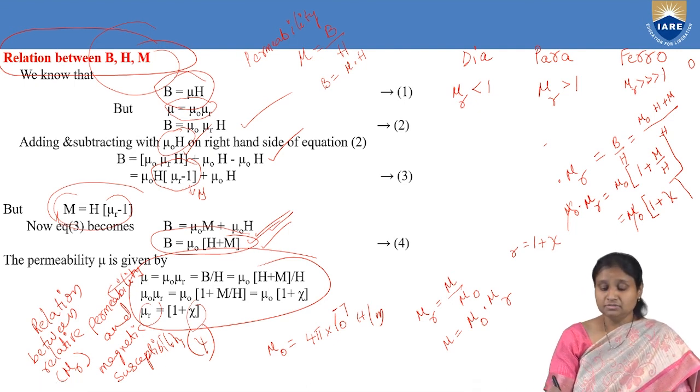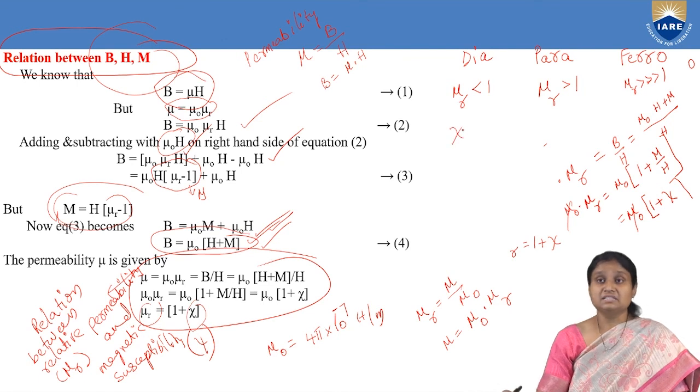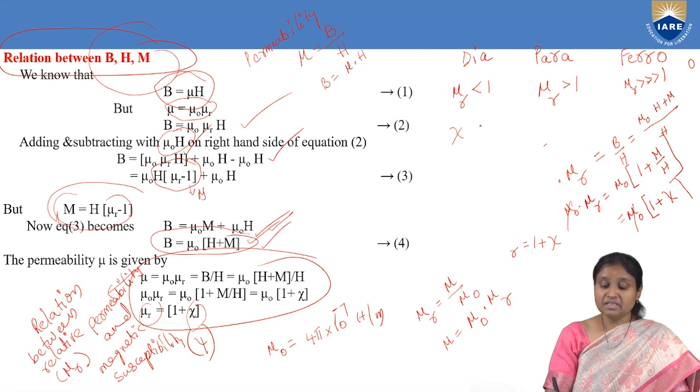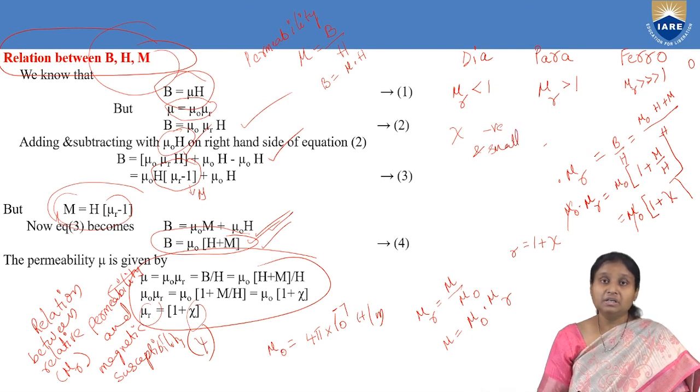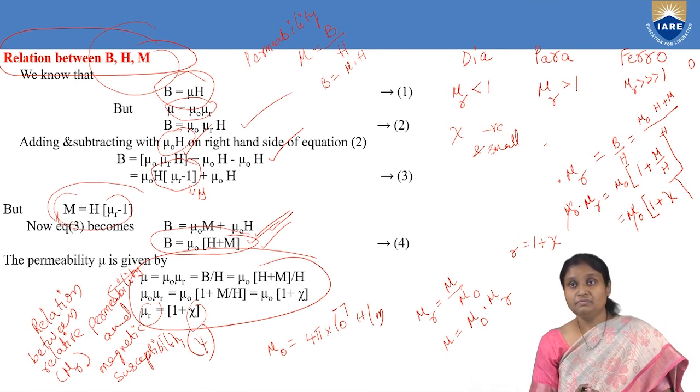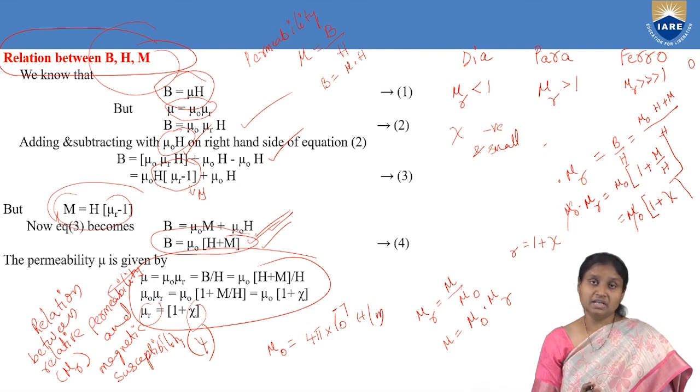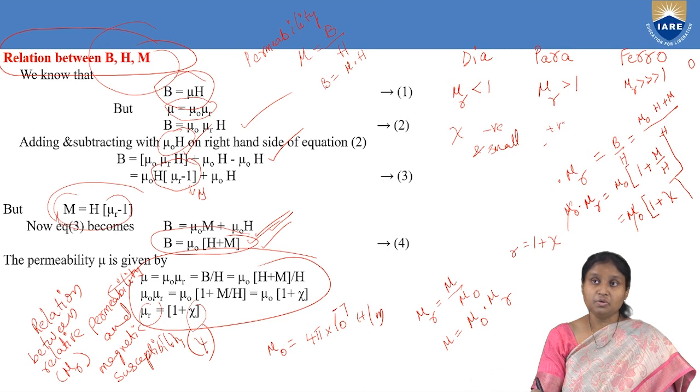And similarly, when we talk about magnetic susceptibility chi, what we are going to observe here is in diamagnetic material, this magnetic susceptibility is negative, and of course it is very small. Why is it negative? Because these diamagnetic materials will not allow any magnetic lines of force to pass through them. So actually it repels. That's why we take its susceptibility to be negative, and also we'll find that magnetization direction is opposite to the applied field.